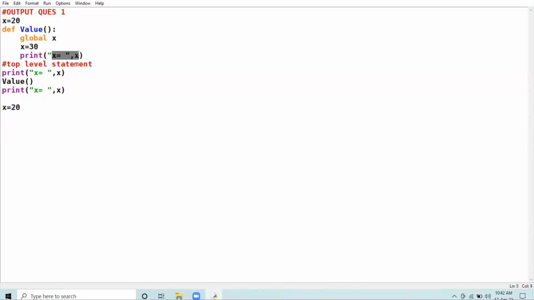So what will be the answer of this x? x equal to 30. Now after this print function, the function terminates. This function is over. We came back to the last print statement. Now tell me what will be printed here, 20 or 30?